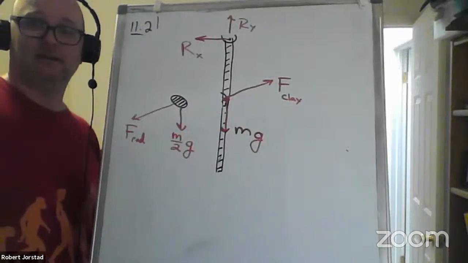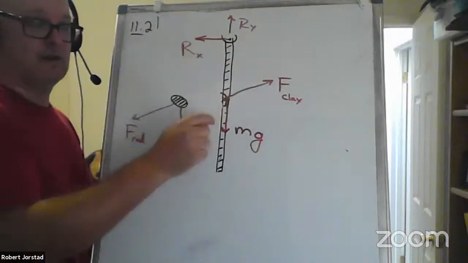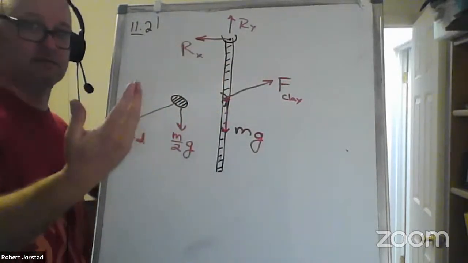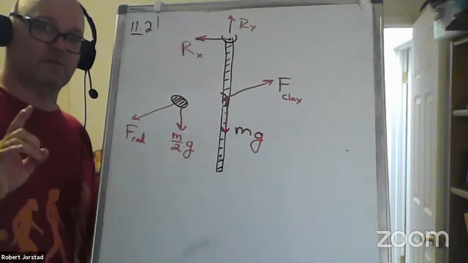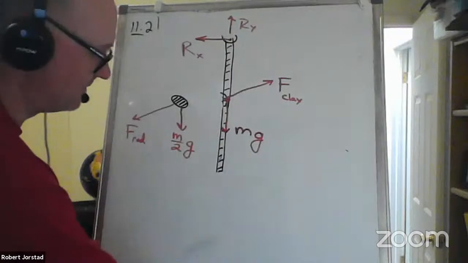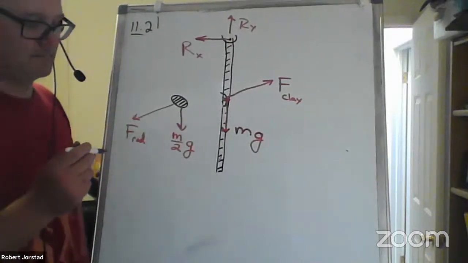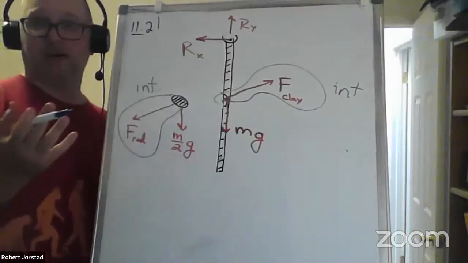That's what's happening, right? The clay pushes the rod that way because it's moving that way. The rod says, hey, Newton's third law is valid. It pushes backwards. Now, which of these forces are internal to the rod-clay system? The force acting on the rod and the force acting on the clay. Those are internal. So I don't have to worry about those forces when I'm worried about, does this have an